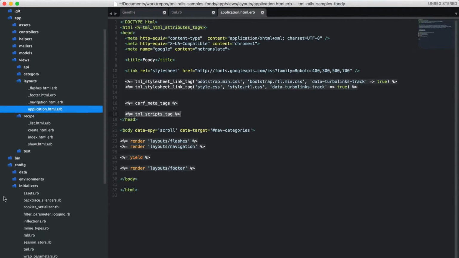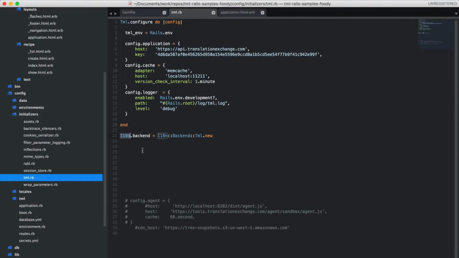One thing I wanted to point out is the link here where we have an I18n backend. Sometimes you might ask, but I already internationalized my code with the I18n Rails library. Why should I use the TML library? As I mentioned before, the TML library has many advantages over the standard I18n Rails library in handling many language rules that I18n cannot.